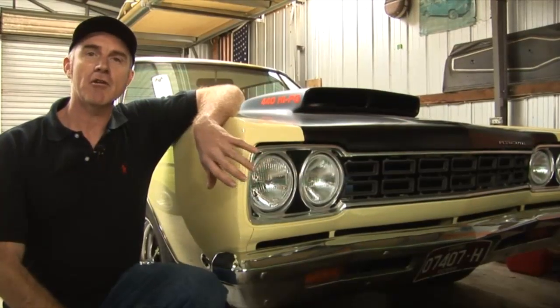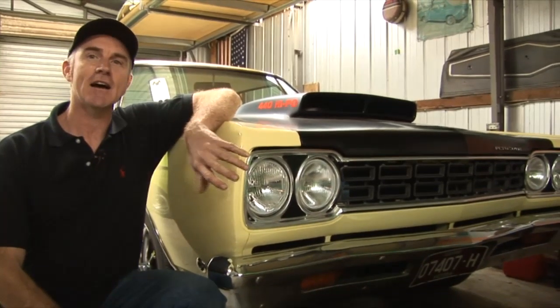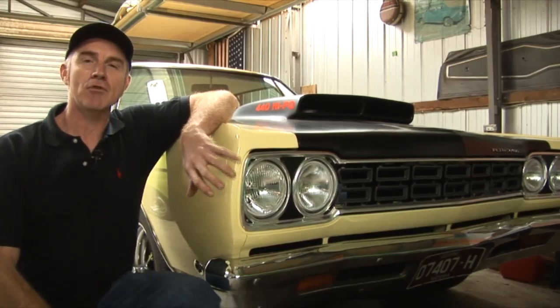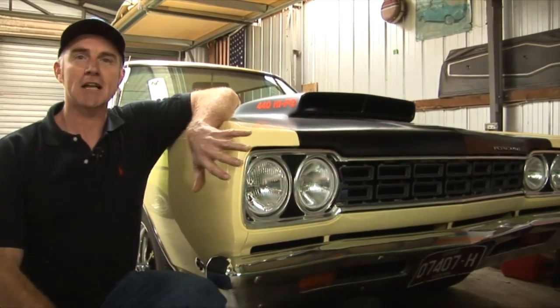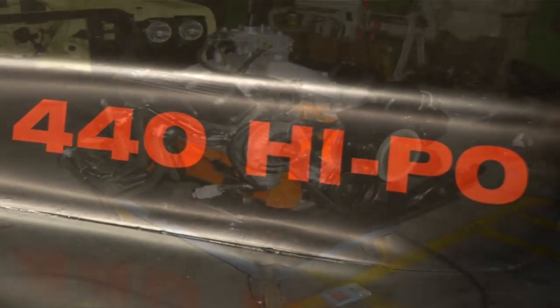This 68 Roadrunner of mine I bought out of the US in Texas, and when I got the car, the fellow I bought off had a falling out with the panel shop, and basically the car looked shiny, but when I finally got the car home there was only about 4 or 5 screws holding all the front of the car on, so